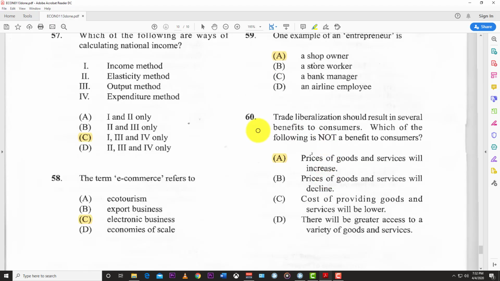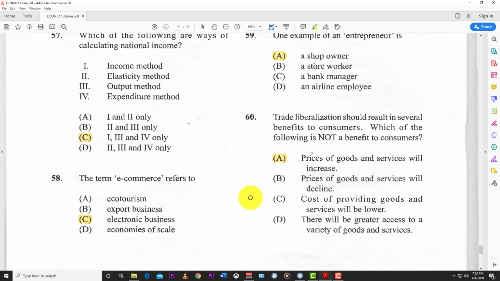And 60, the last one, trade liberalization should result in several benefits to the consumers. Which of the following is not a benefit to consumers? And the best answer here is A, prices of goods and services will increase. Prices of goods and services will increase. That's not a benefit, no way you put it. All right, so